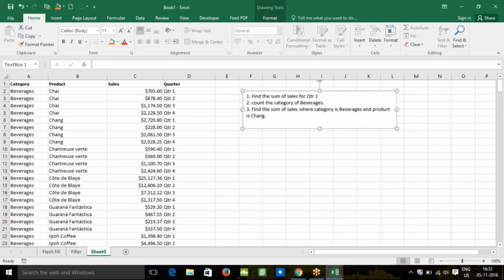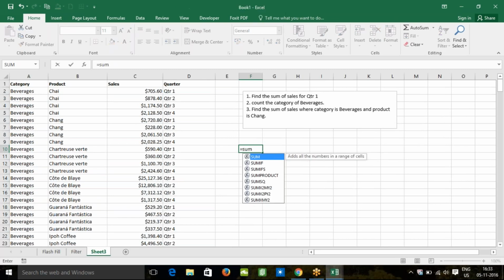In this location I have records like category, product, sales, and quarter 1. Now here I have a question: find the sum of sales for quarter 1. Right? Previously we used IF functions and all that. Now Microsoft introduced a new function, that is the SUMIF function. SUMIF function, I want SUMIF for quarter 1, right? So my range is quarter 1. Here I select this range,